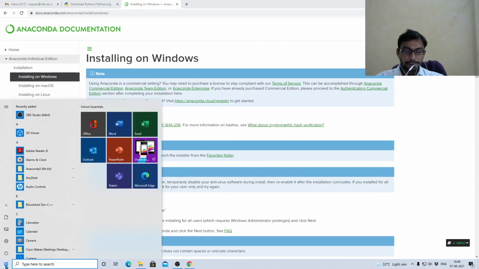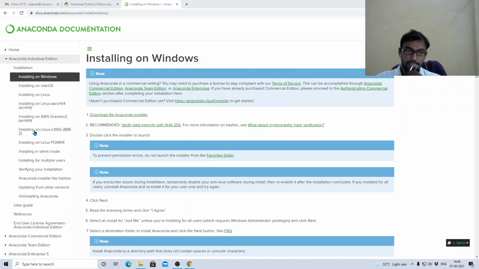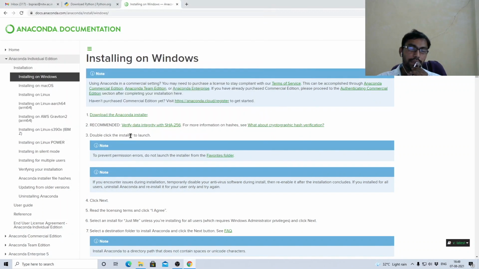Let me open Anaconda for you. I have already installed it. If you have already installed Anaconda, then you will get this icon in the Start menu. You can click on Anaconda. Let me show you how it looks.